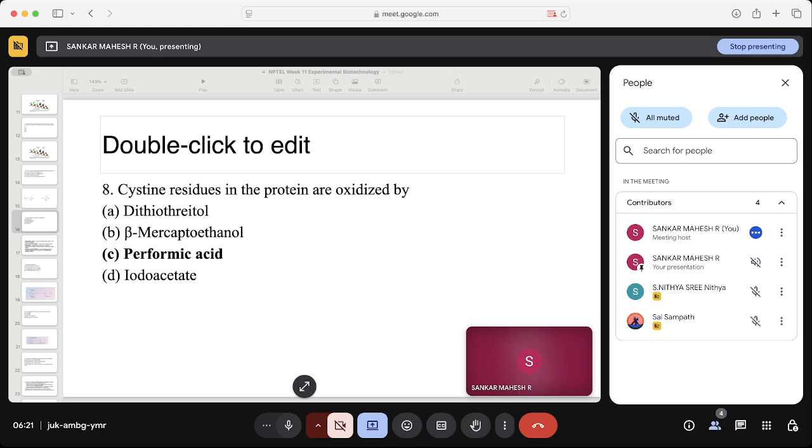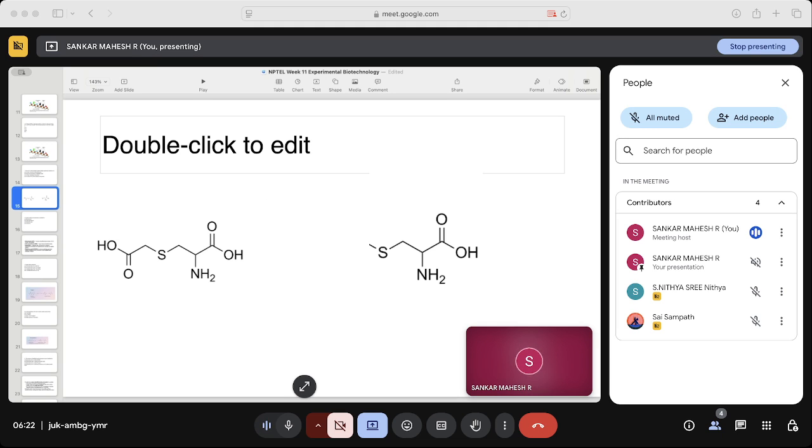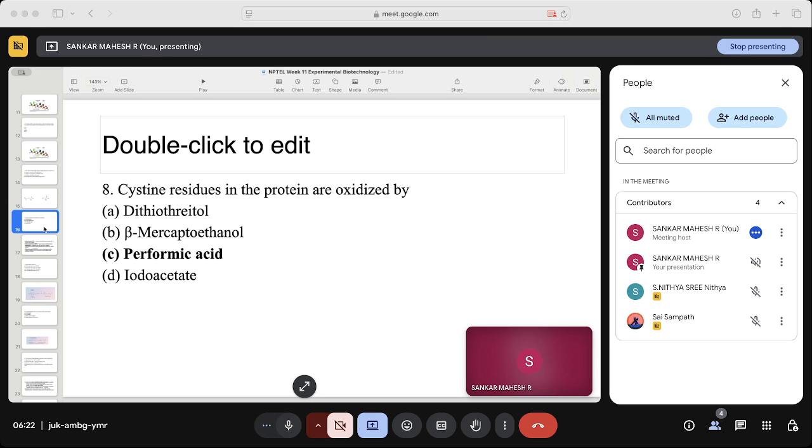Okay. So if anyone knows the difference between cysteine and cystine, you can unmute and let me know. Okay, if not, it's fine. So what you see here is a cysteine. When it forms a disulfide bond with another cysteine, that is called a cystine. Now, cysteine residues, these have an SS double bond. Okay. So now the question is,